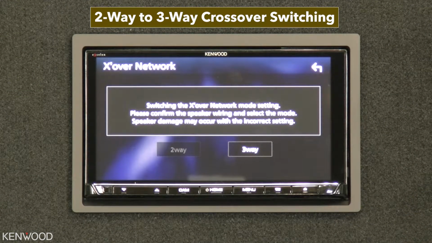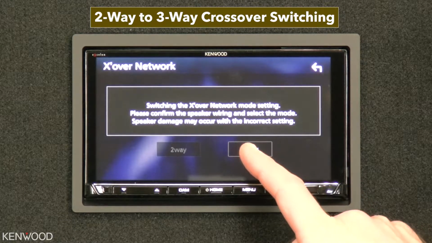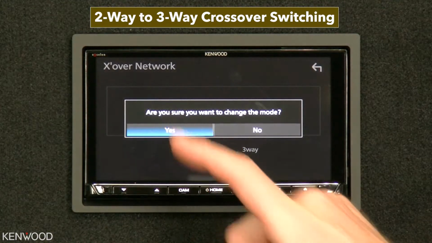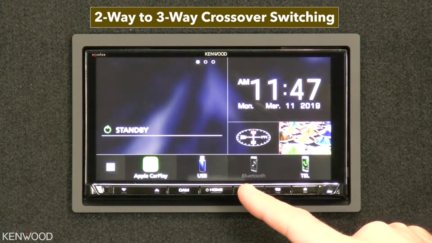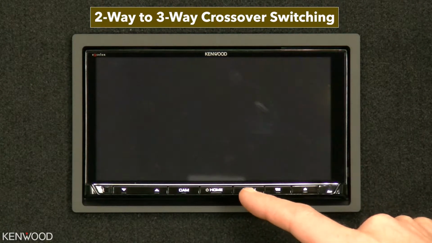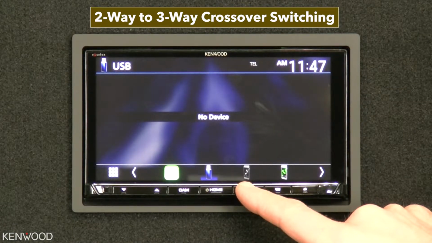Here, you're brought to a warning screen that says switching the crossover network mode setting. Please confirm the speaker wiring and select the mode. Speaker damage may occur with the incorrect setting. We'll select three-way. Are you sure you want to change the mode? Yes. Now, what you will notice is, when we go to an active source like USB, I'll select Menu and